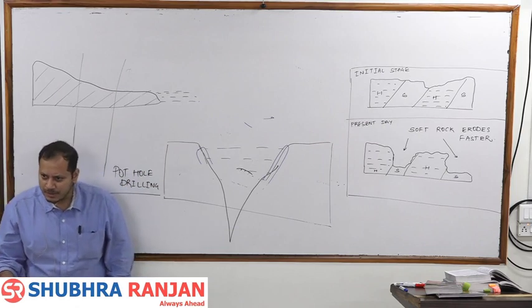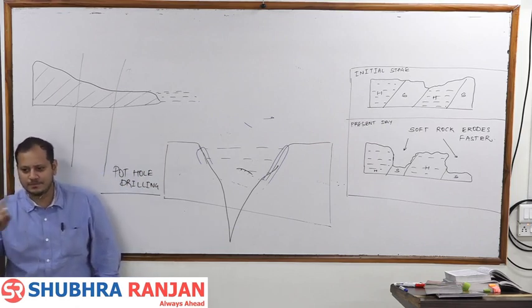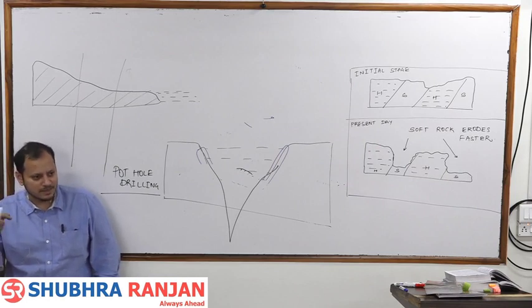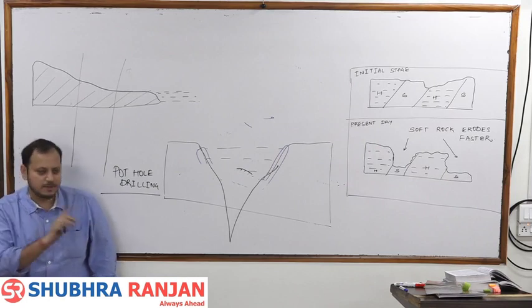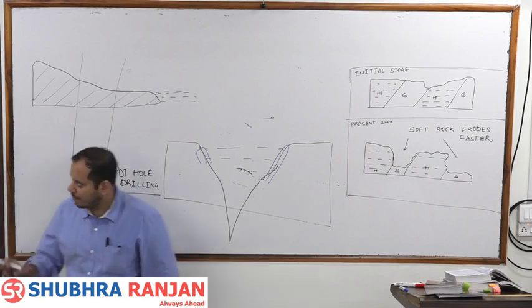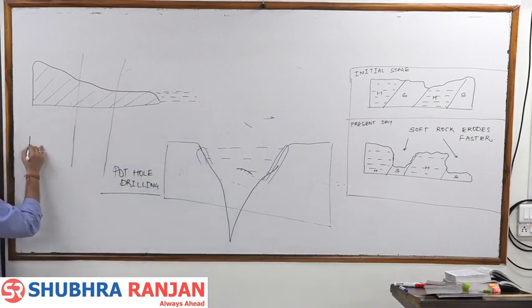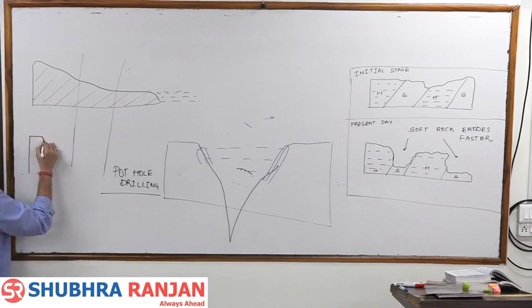Why are the V-shaped valleys formed? Due to pothole drilling. What is pothole drilling? The stone rotating, just like a drilling machine. Why? I have explained the process. It is not required for the exam. Getting it? Doubt here? So, because of the pothole drilling, what we find here are very deep,